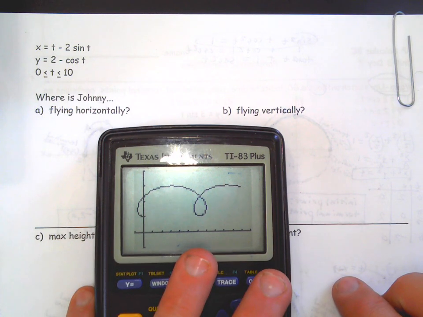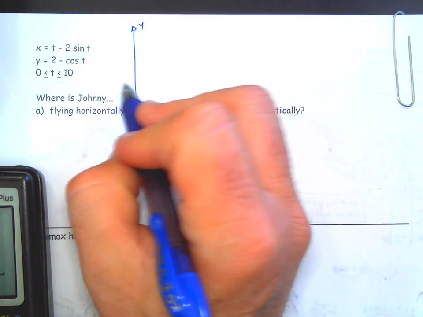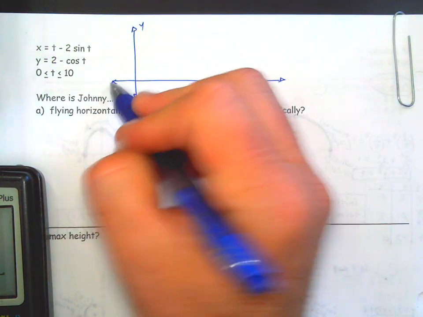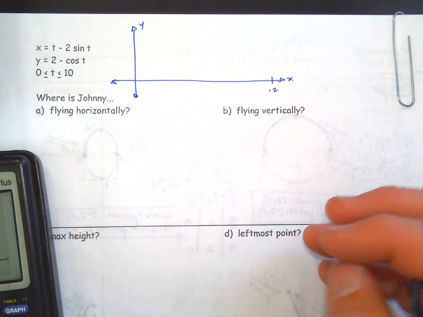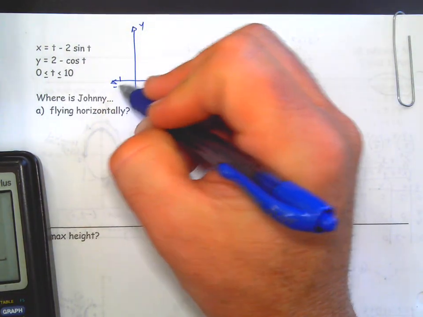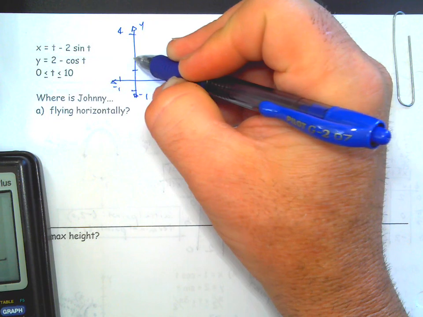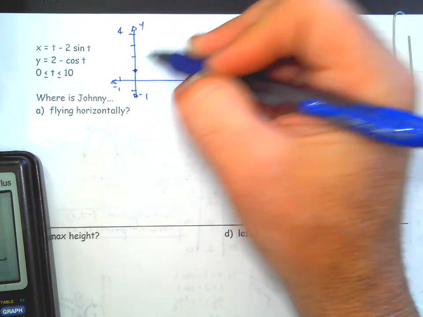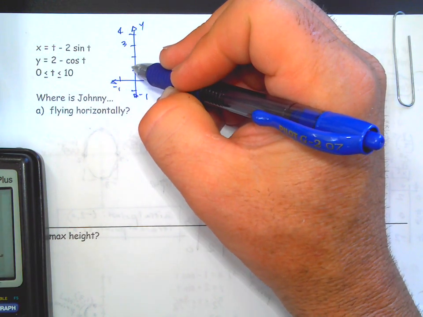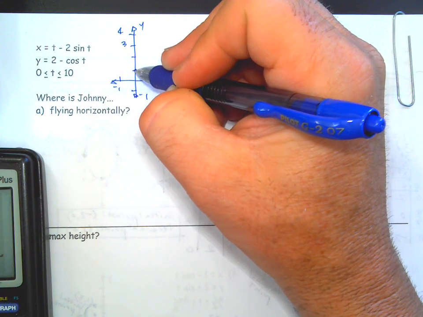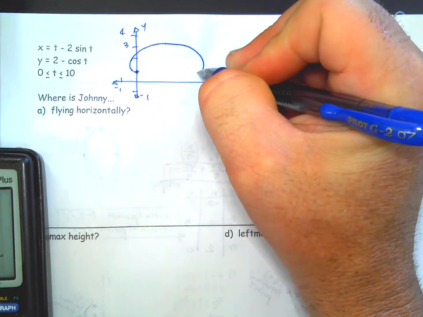So let's sketch this, okay? We went all the way to 12, and let's see, negative 1, negative 1. We went up to about 4, and the graph kind of does this. It looks like it starts at 1, and it goes up to maybe 3, and so it kind of goes like this, and then it goes down here and goes like this,